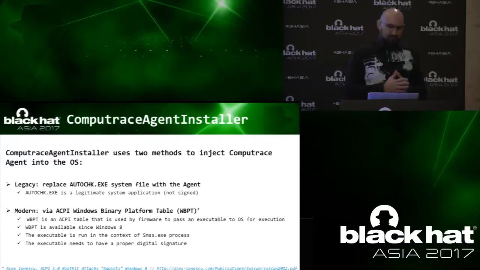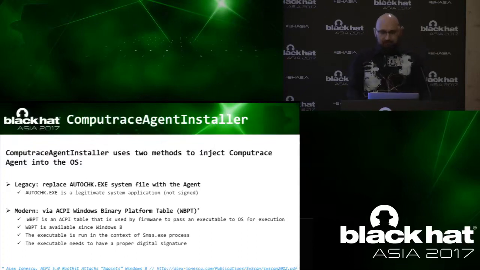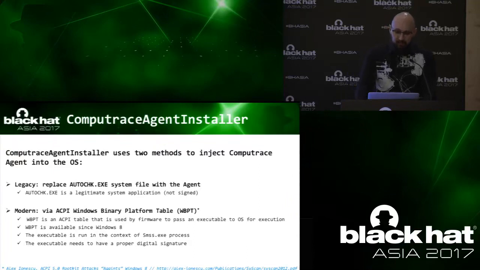In the legacy BIOS, it just uses an NTFS parser to directly replace this executable in the file system. In the first part, we discussed the Hacking Team implant, which also has an NTFS parser, and as I mentioned, it's pretty close and uses similar techniques. Actually, autocheck is not signed for the legacy BIOS. But on modern UEFI BIOSes, Computrace uses a specific ACPI table, WPBT,